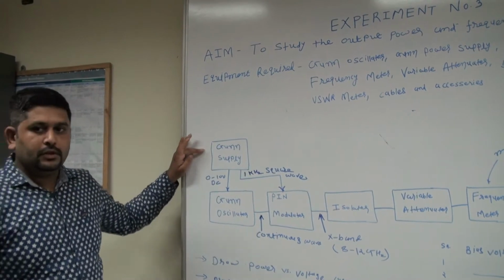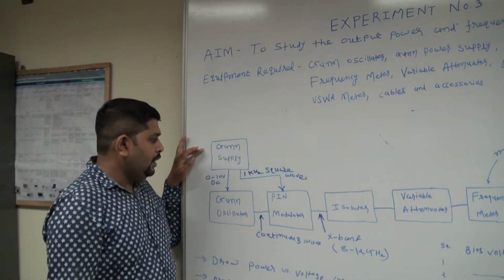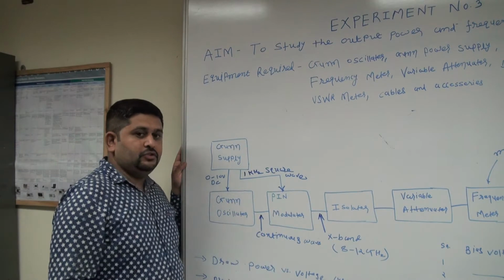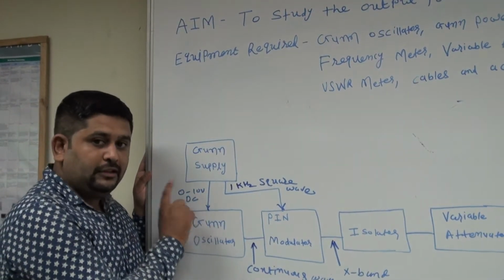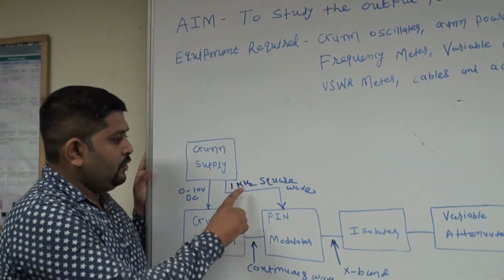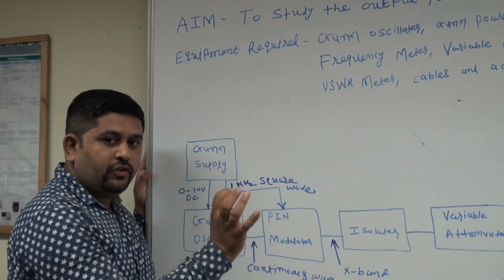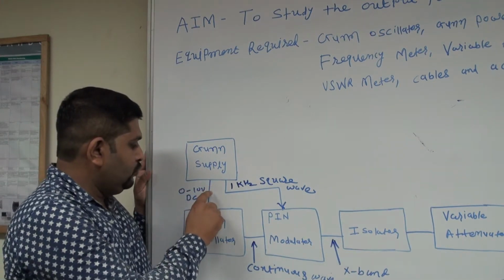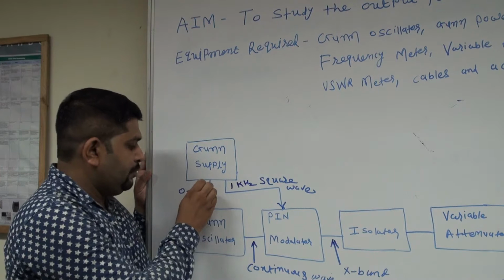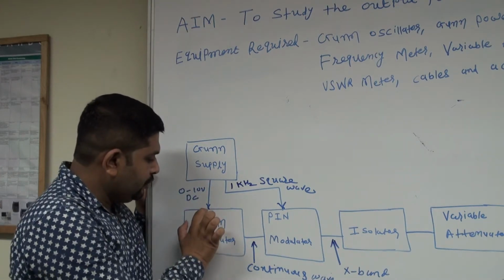First block is the Gunn power supply. Output of the Gunn power supply is DC voltage, and the range of this DC voltage is 0 to 10 volt, and it also generates a 1 kilohertz square wave. The 0 to 10 volt output of the Gunn power supply is applied to the input of the Gunn oscillator,